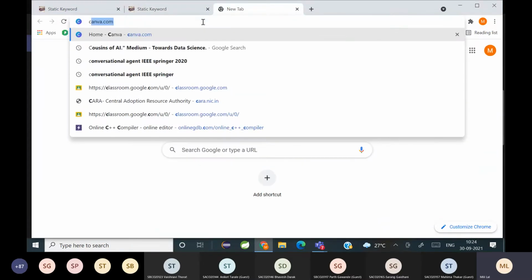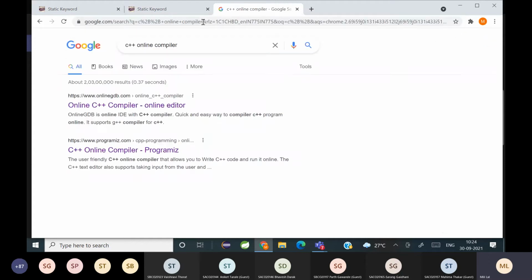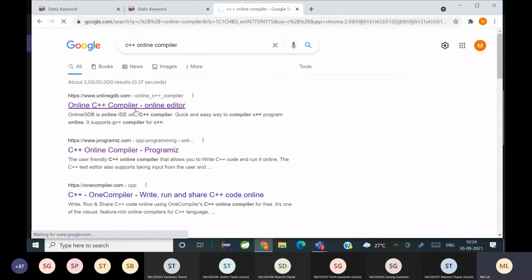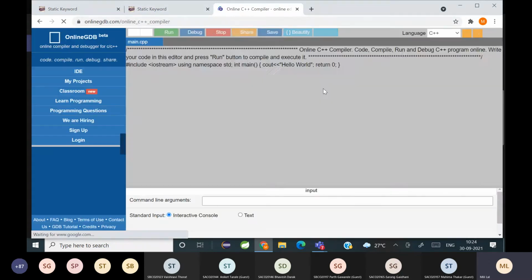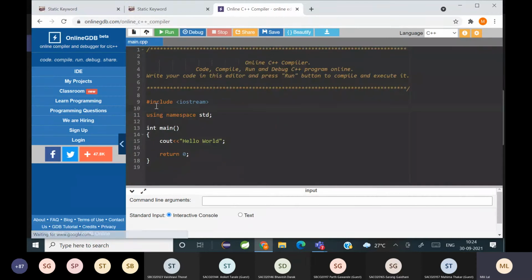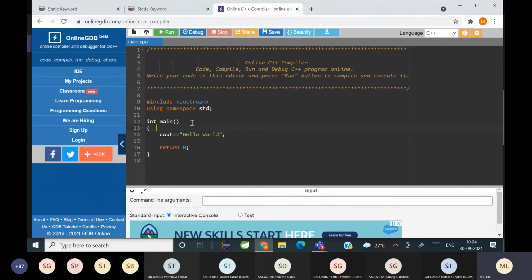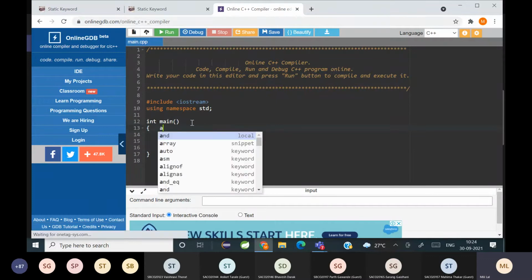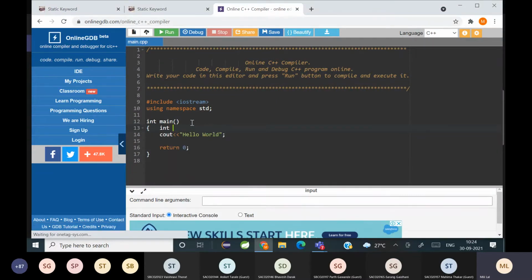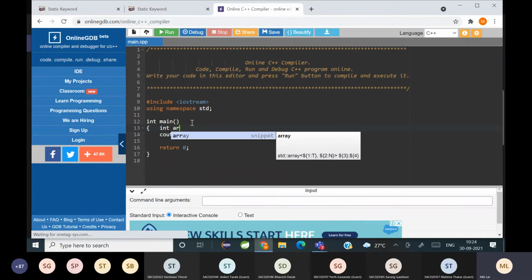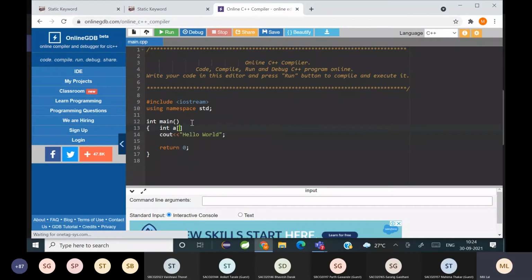what you write in C++. For those who are finding it hard, देखो यहाँ पे मैंने I'm going to write int ARR of 3, and I'm declaring it as say 2, 5 and 10.